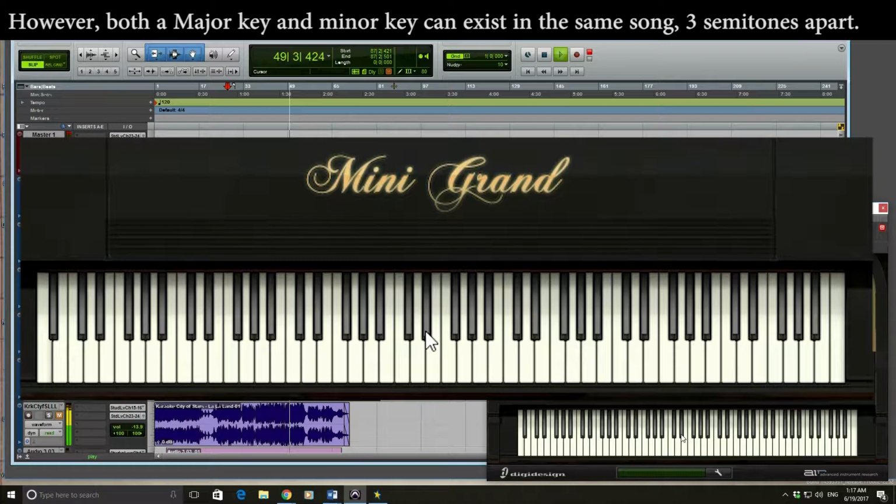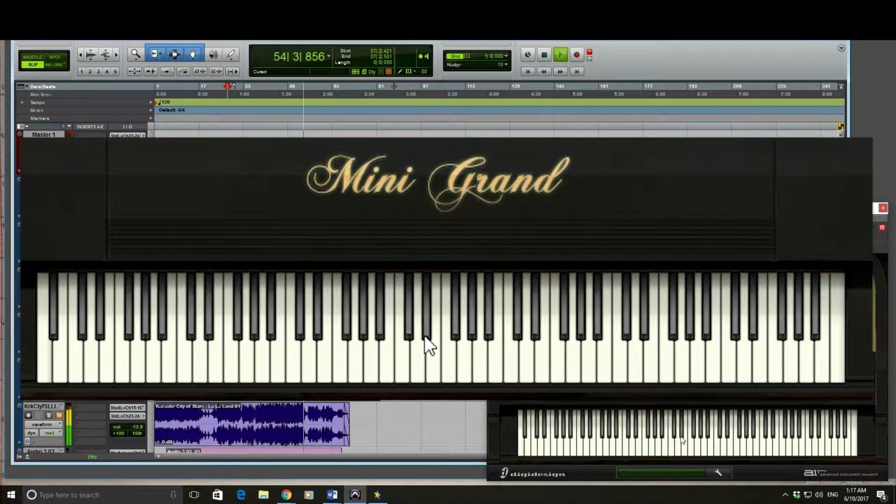We can check. Here's our minor, 3 semitones down. C minor, it also works, and then of course 3 semitones up from C minor is our E flat. So you can pick either C minor or E flat major. These both have the same key. So when we pick our Autotuner,